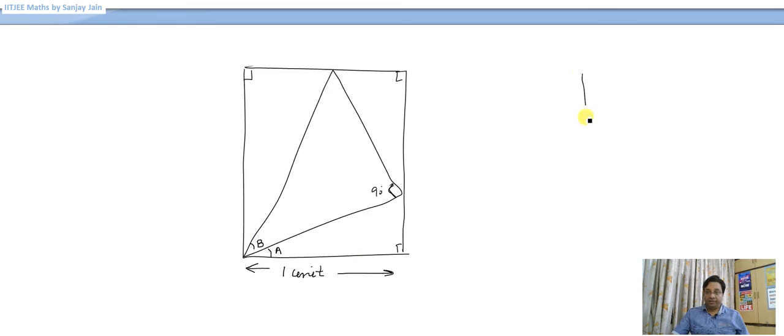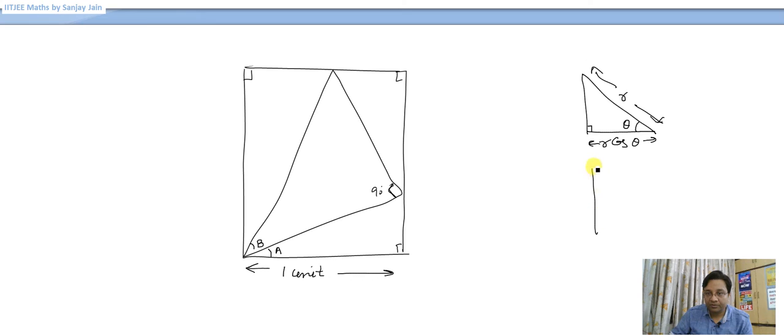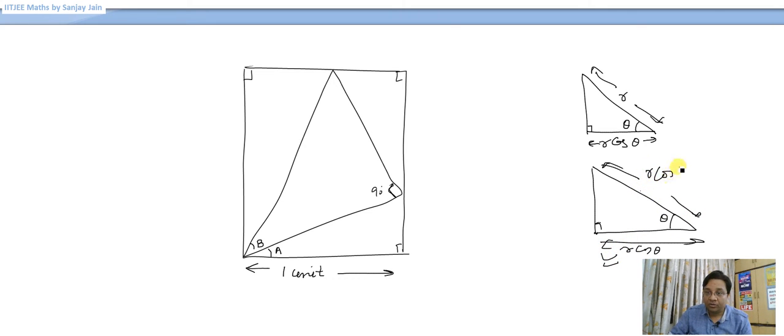Now you have to think a little bit on this line. Let me help you. If this is R, we said that this side is R cos theta, right? You understand this much. Now if I tell you that this is theta and this side is R cos theta, what can you say about this side? Now this side is R cos theta, this side will be R cos theta divided by cos theta, okay?